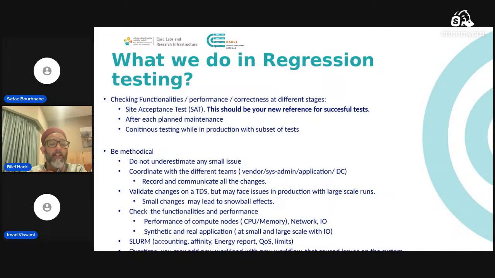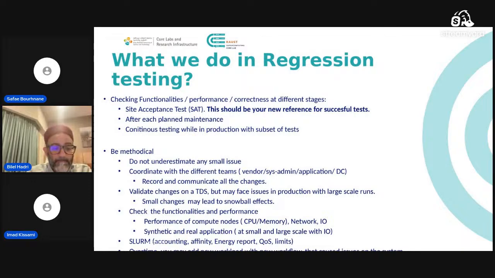So what we do, as I said earlier, is mainly functionalities and performance, and also correctness at this stage. And when we do it is normally at every planned maintenance, but you also try to do it continuously on the production with a subset of tests. And we need to be methodological. So meaning you should not underestimate any small issue. You remember the snowball effect. Sometimes it's tiny, it's okay. No, because over time, small tiny things will grow big,